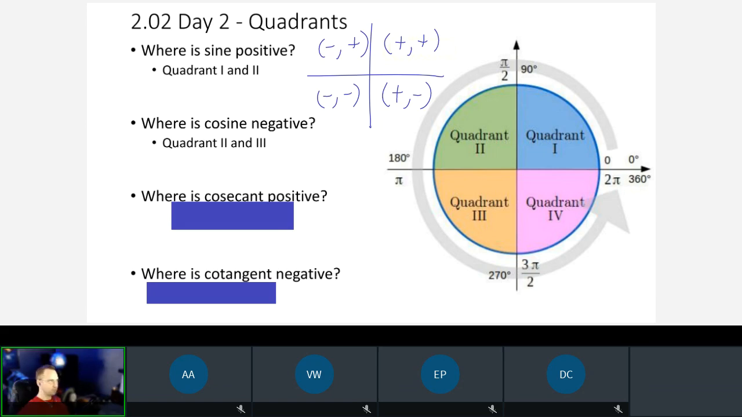Magic. I know, it's math magical. Mathemagical. All right, so